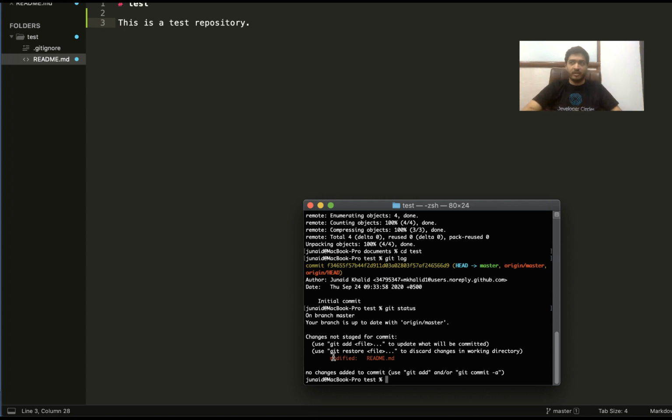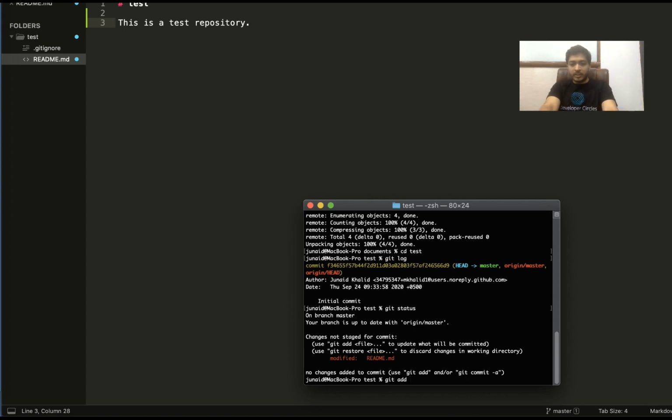Right now I've only modified one file. If you change multiple files, you will see a lot of these statements and it will tell you which files have been changed. So let me commit this change. For that, first I would have to add it to the staging area. It's basically using Git as just a series of commands, 3 to 4 basically. You first add your changes to the staging area, and then you commit them to your local repository, and then you push them to your remote repository on GitHub.